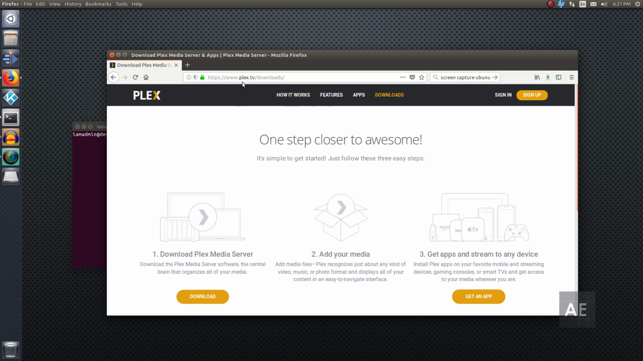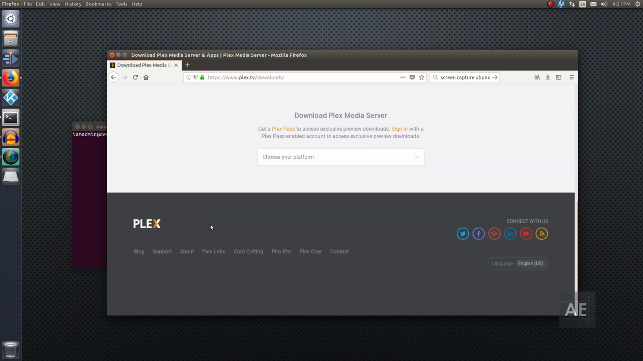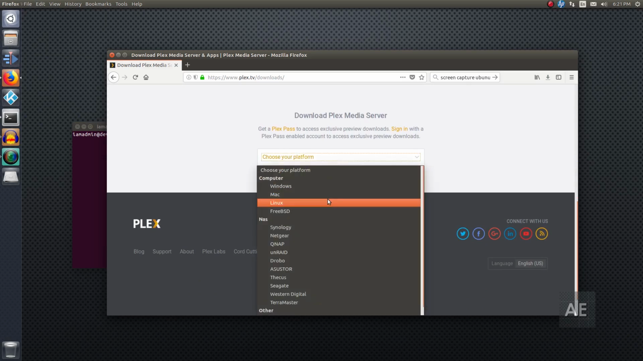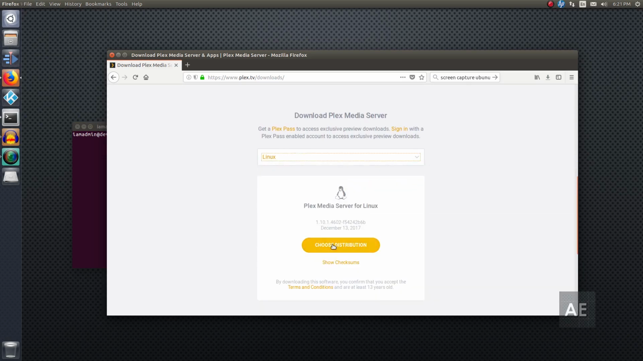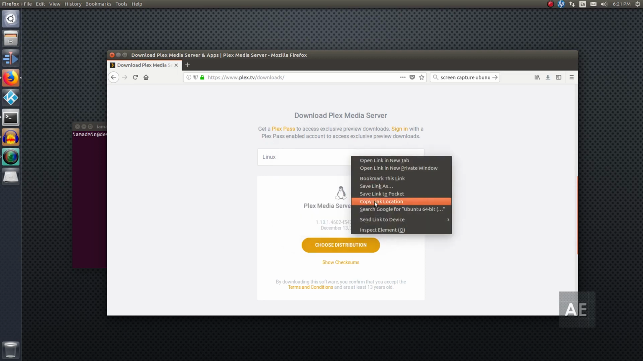The first thing you need to do is go to plex.tv/downloads and then scroll down to the page where it says Plex Media Server or download Plex Media Server, and you'll click download and you'll select the Linux platform and then you'll choose your distribution. If you click choose distribution, it gives you an option to do Ubuntu 32-bit or Ubuntu 64-bit. I always go with the 64-bit version, and you right click, copy link location,